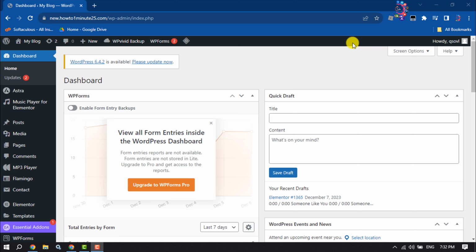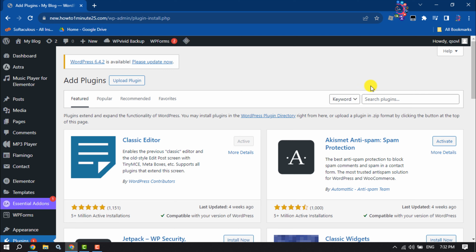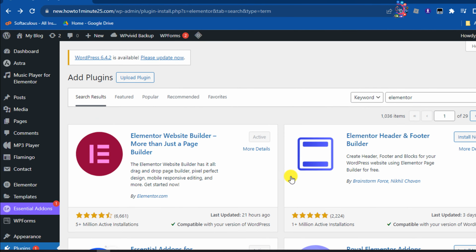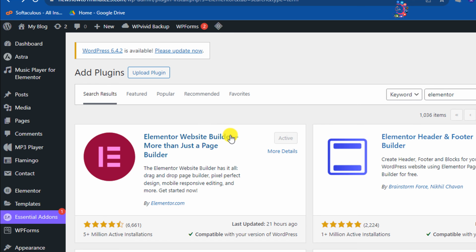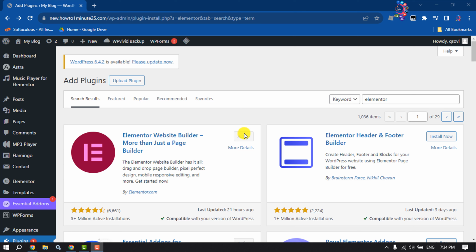First of all, log into your WordPress dashboard and we will install the Elementor plugin. Go to the plugin section and click on add new plugin. In the search plugins box, type Elementor and here you will get the Elementor plugin. All you have to do is install and activate this Elementor plugin. Once done,